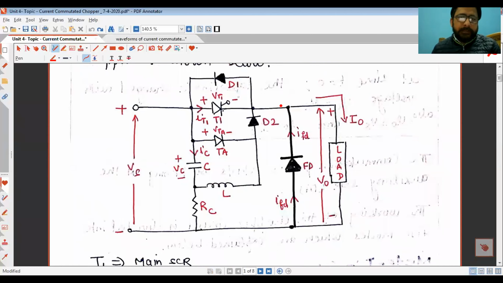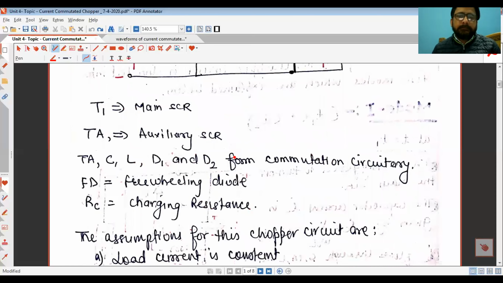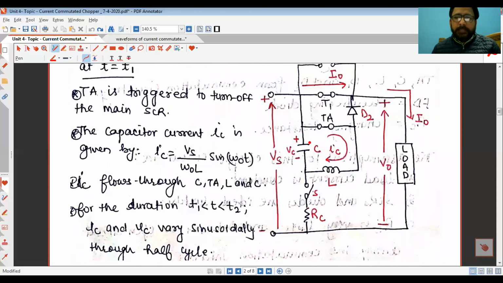From 0 to T1, means before mode 1, you can ask why the capacitor current could not flow. The capacitor current cannot flow like this. Basically, capacitor current always tends to flow within the resonating circuit. That is why the nature of capacitor current is oscillatory basically. It is a resonant current. So as soon as you turn on the auxiliary SCR, the capacitor current will flow through TA